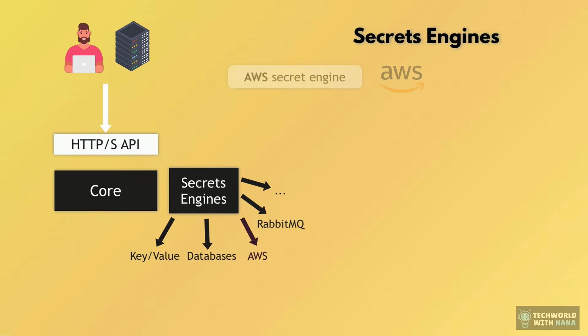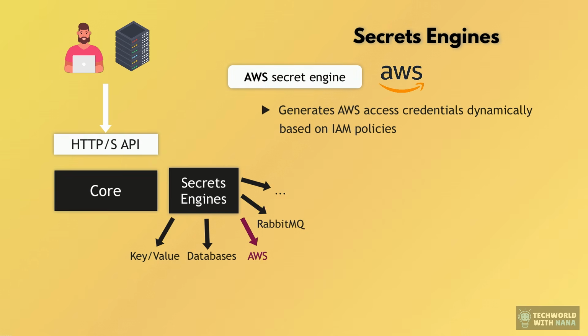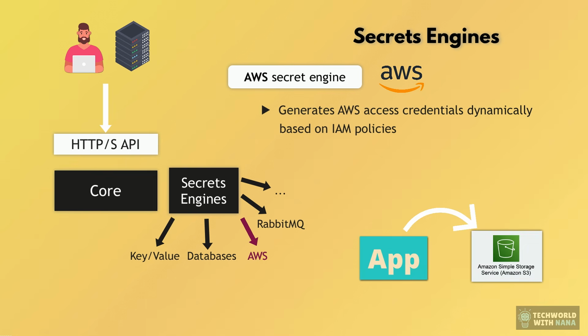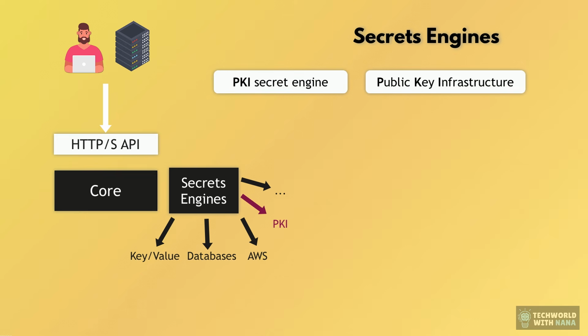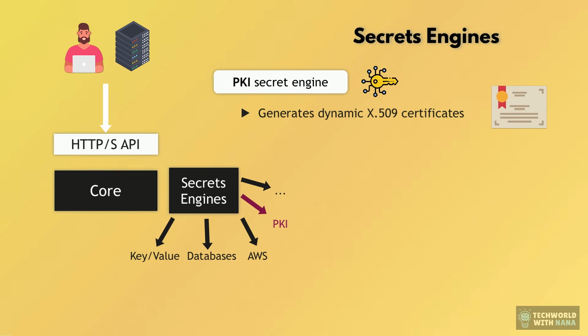We also have AWS. So if we have applications that need to access an S3 bucket, for example, but we don't want to give static IAM credentials to our applications, instead we can define a role and then dynamically generate short-lived credentials as needed. Another common use case is PKI, or public key infrastructure, for certificate management, which is a very